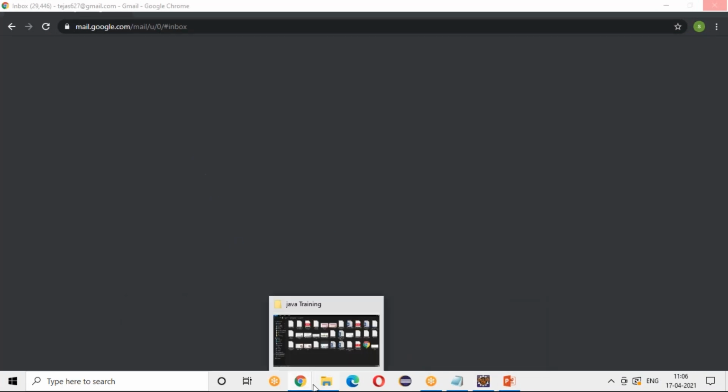This is a default browser. You can run it in Chrome or IE, whatever you want, wherever you want. Any queries as of now? No, it's good. Yeah. Okay.